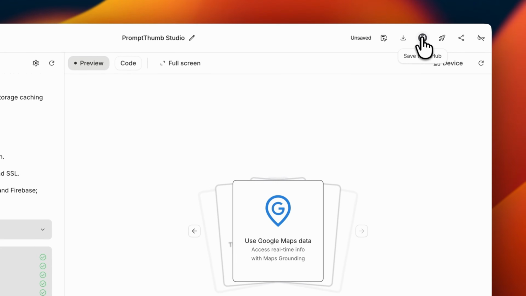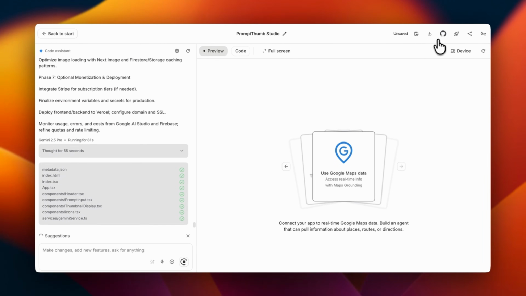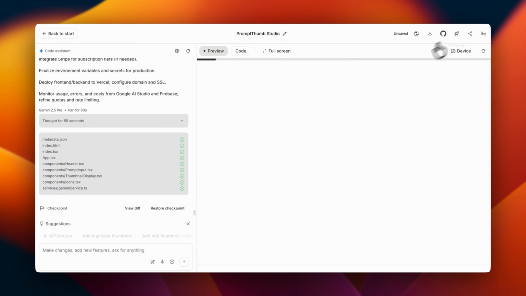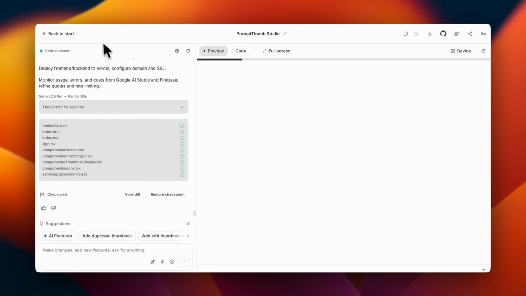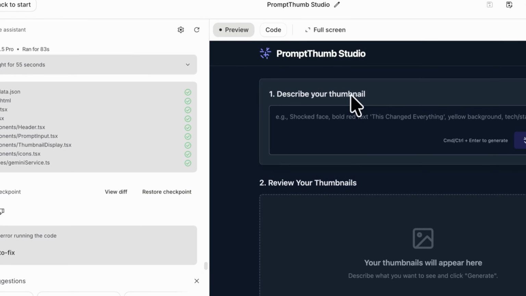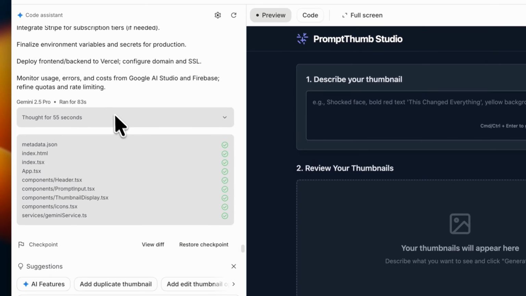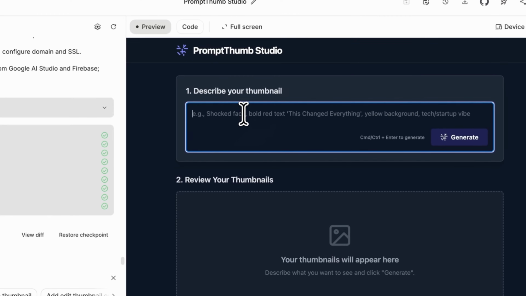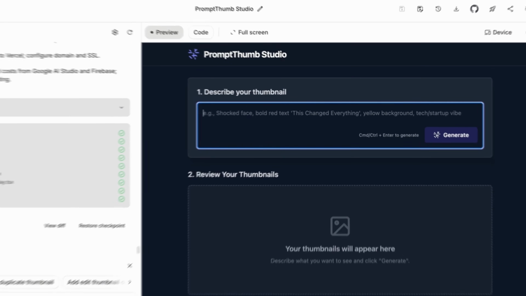You can also connect your GitHub so that you can have everything stored there and then also deploy the app directly from here. Okay, so this is what we currently have. Now, I do see that there's quite a bit of context that's needed, but let's say here, for example, create